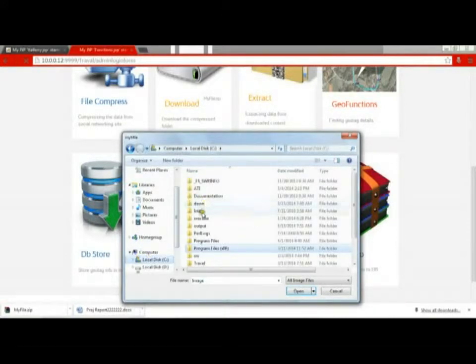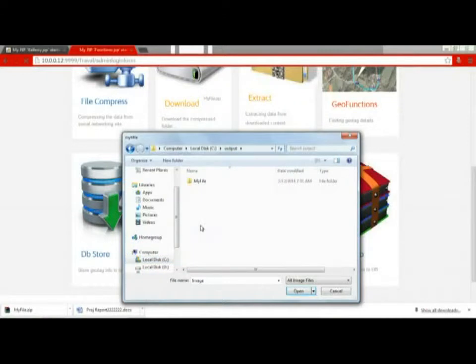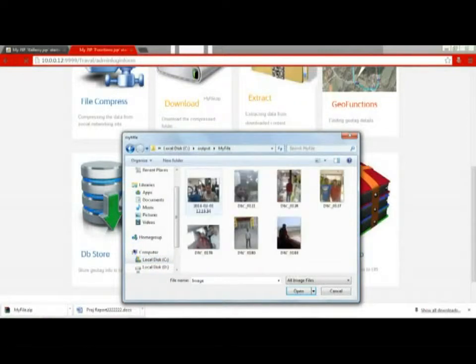We have to open the pictures in order to find the location. We have to select the pictures from my file.